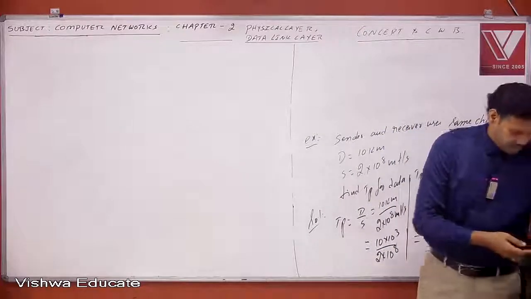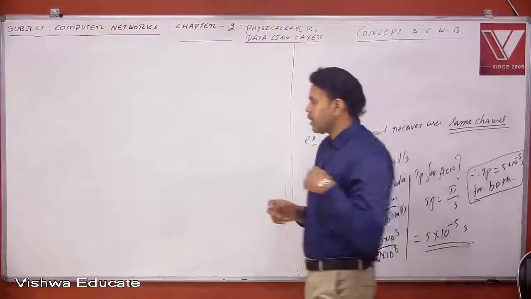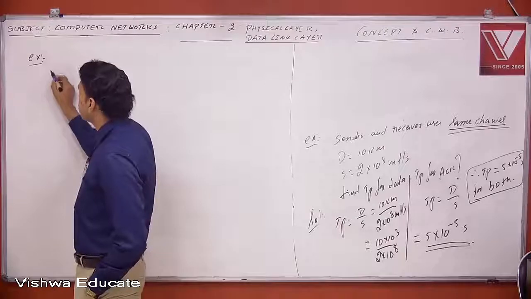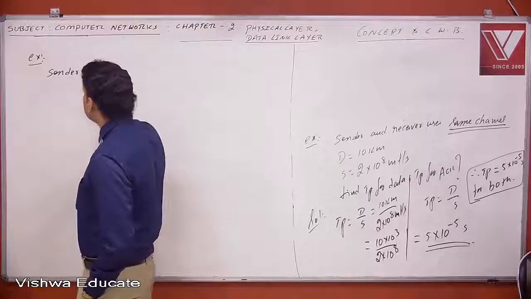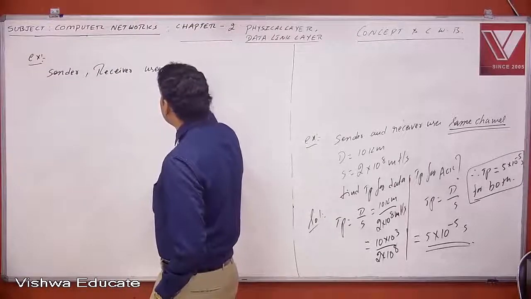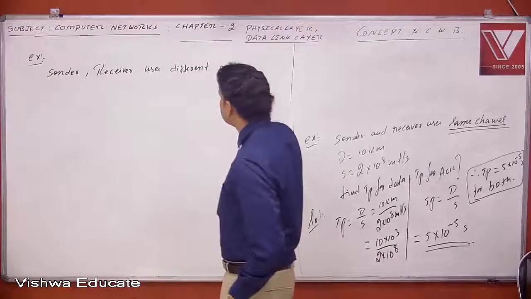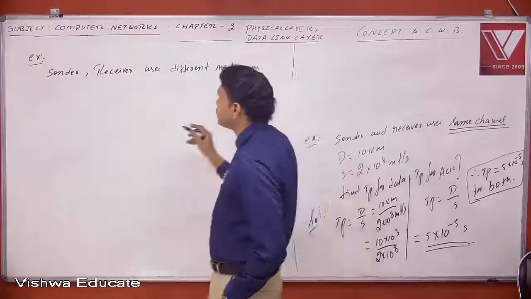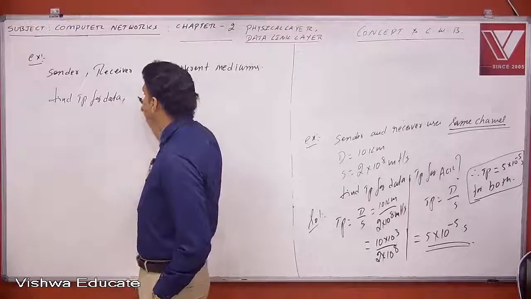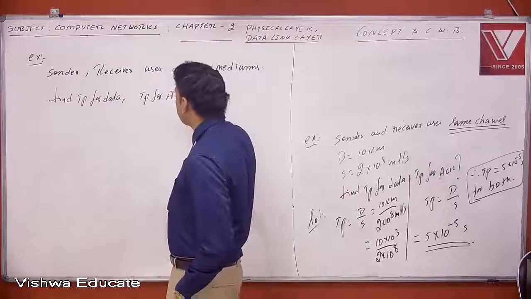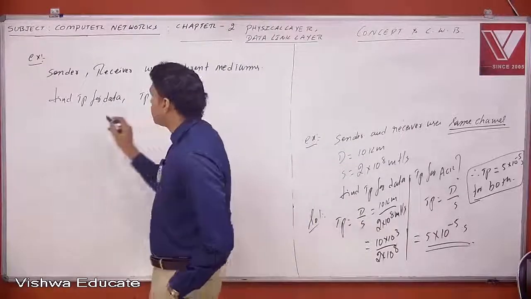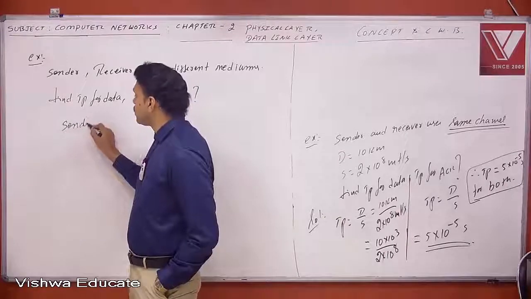Now this time we will change it a bit like this. Sender, receiver use different channels. So find TP for data, TP for acknowledgement. So, sender side,